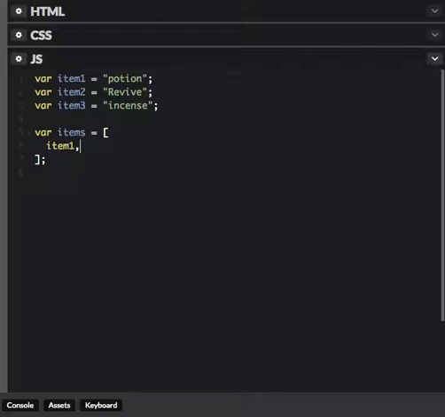I separate it with a comma, and what I like to do is just hit return, and then enter my second item, item 2. And I hit return, and I put item 3. Now we've made our first array. Notice that I put all of them on separate lines. I like to make my arrays like this so that I can see them in list form, and it makes it a little bit easier